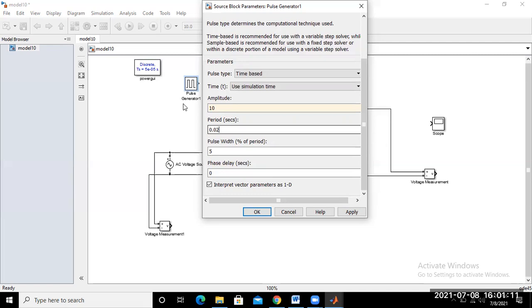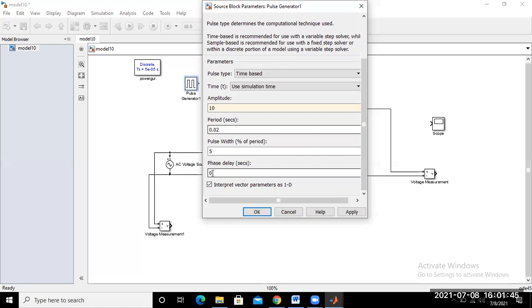You may choose a 30-degree phase delay, 40-degree, whatever you want. If you want to supply the gate pulse to thyristor 1 at a phase angle delay of 30 degrees, can we convert that to seconds? That means 30 degrees divided by 360, multiplied by the time period. So 30 divided by 360, how much?